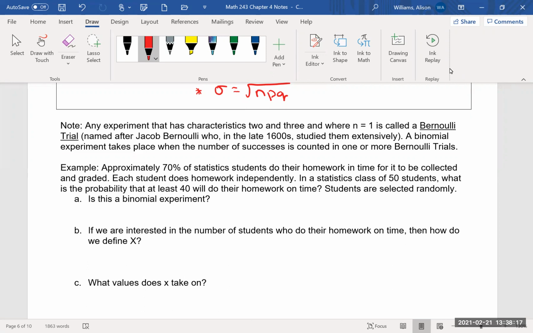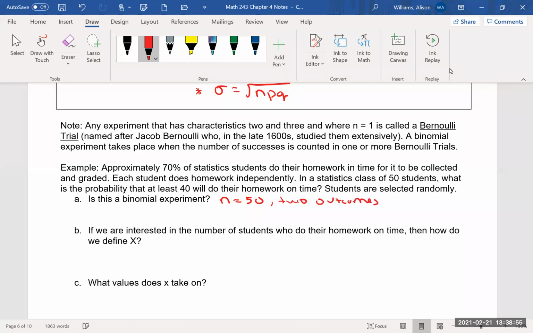So before we get into that question, they want us to address, is it a binomial experiment? So first, to be a binomial experiment, it has to have a fixed number of trials. In this case, we're going to treat the trials like students. So yes, we have 50 students in this class. There's a fixed number. So each student is quote unquote a trial. Okay. Two possible outcomes. So in this scenario, we're talking about they do their homework in time to be collected and graded. So yes, there's 2 outcomes,